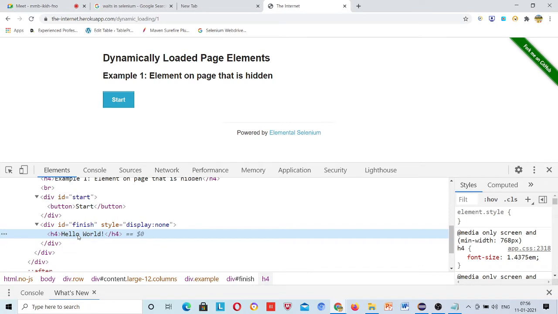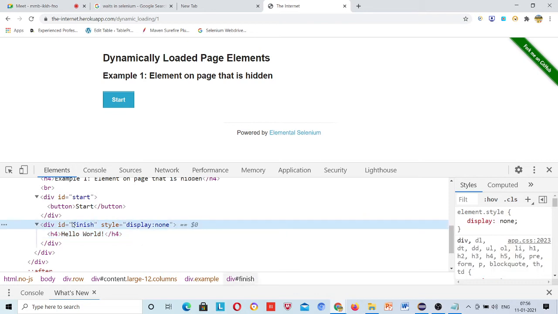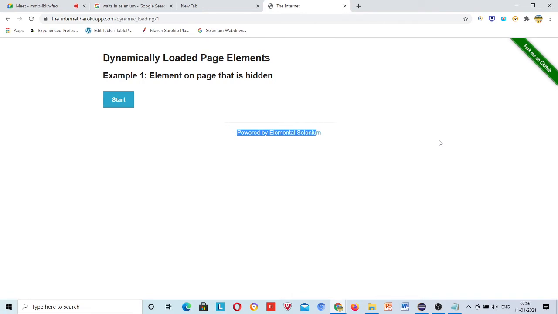So what will you get? You will not get any no such element exception, because the element is present in DOM, right? But you will not get text, because where will it get the text from? It will get text from this web page, which is not visible, right? So the HTML code will not allow it to get the text because that text is not visible. So what's the point here? The point is that implicit wait only waits for the DOM to be available in your web page. That is present, but it will not look for the visibility of that, right?